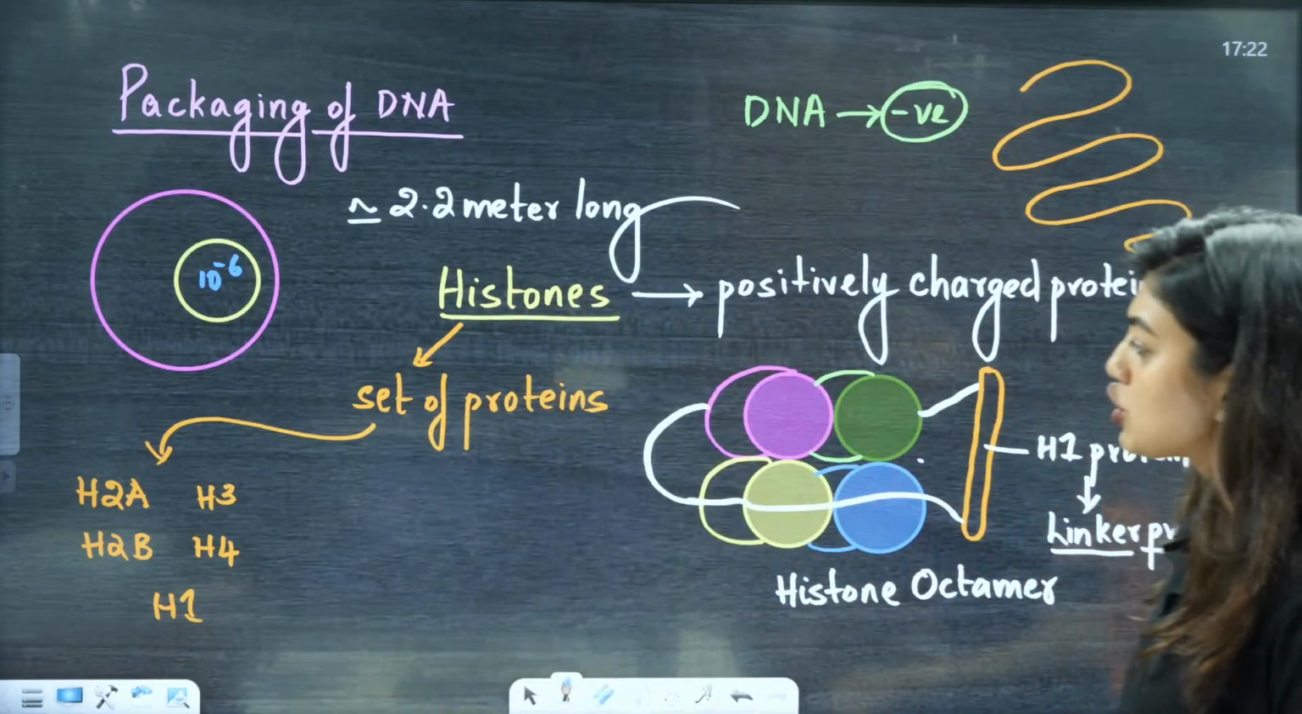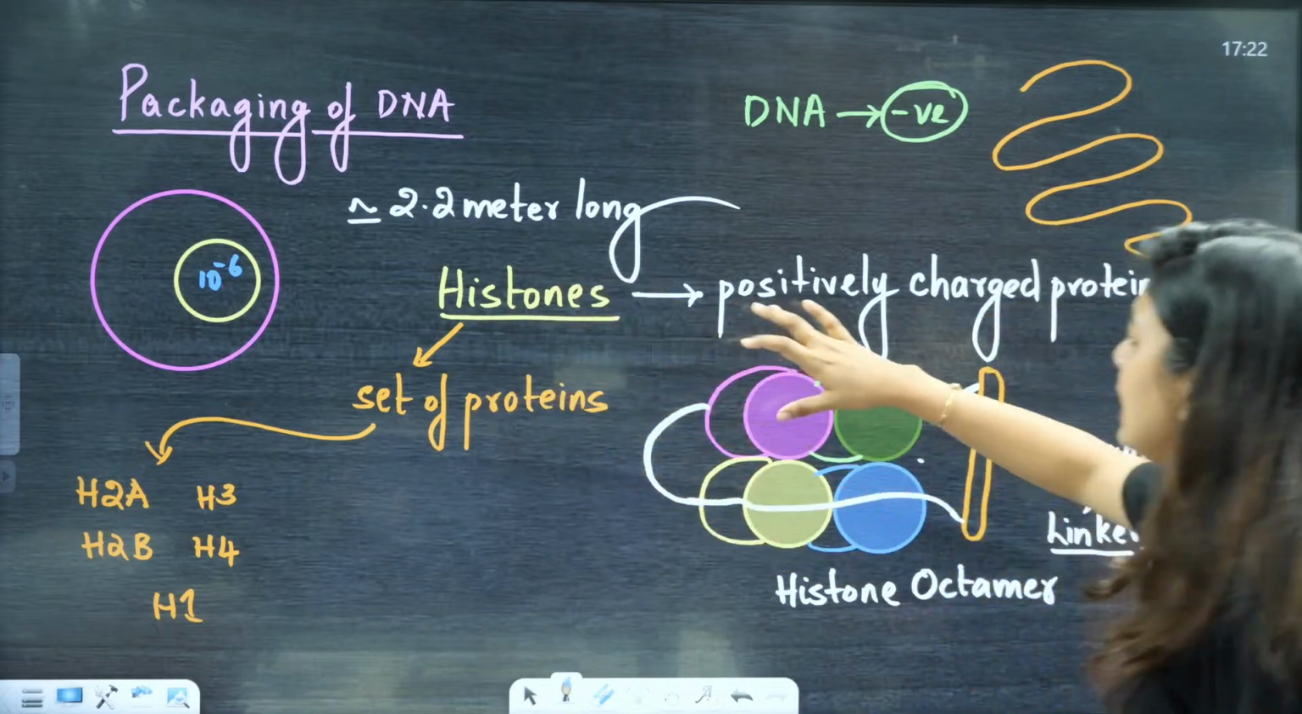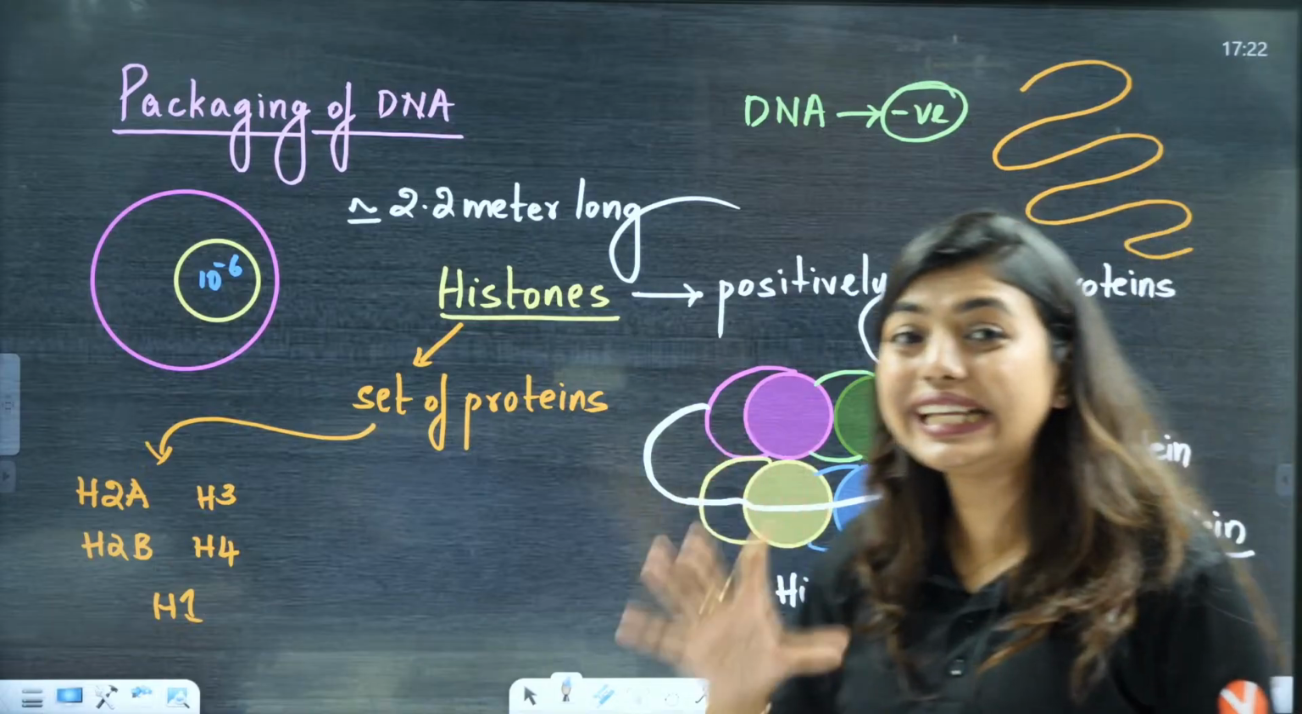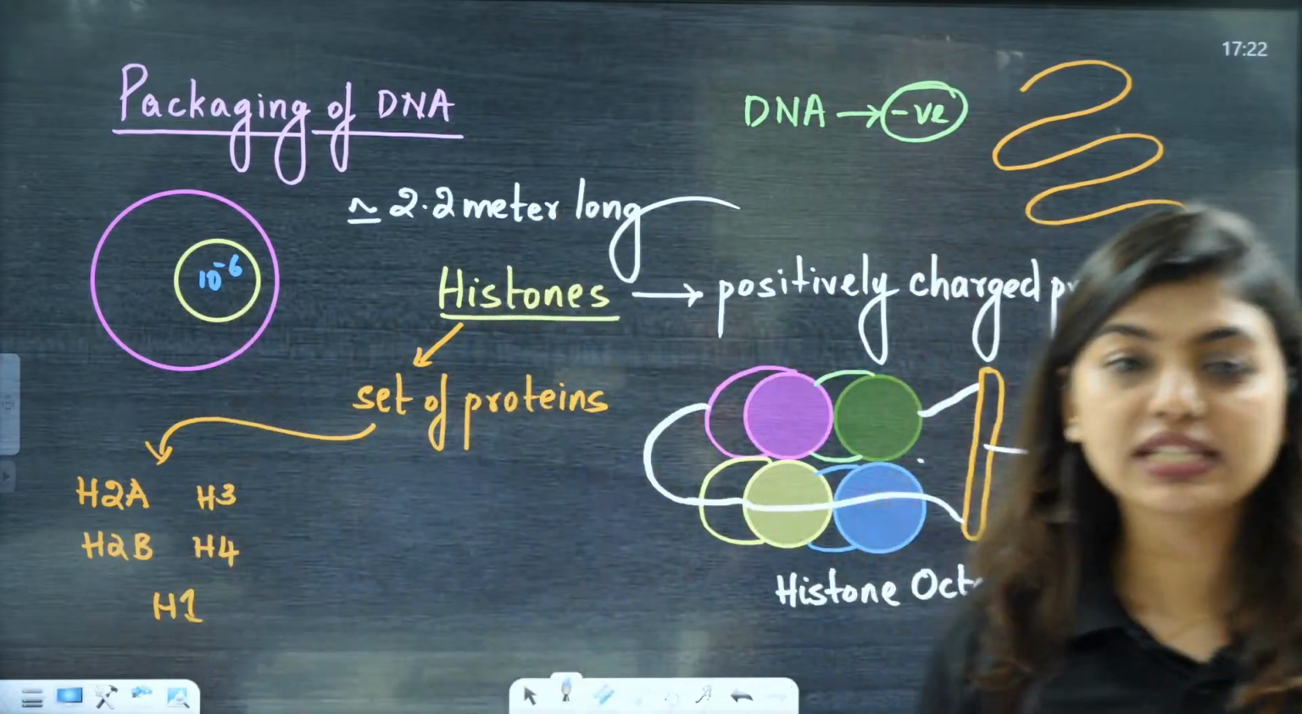Okay, so what is going to happen, students? Histone proteins, which are a set of proteins, are going to be positively charged and DNA is negatively charged. So negatively charged DNA and positively charged proteins are going to